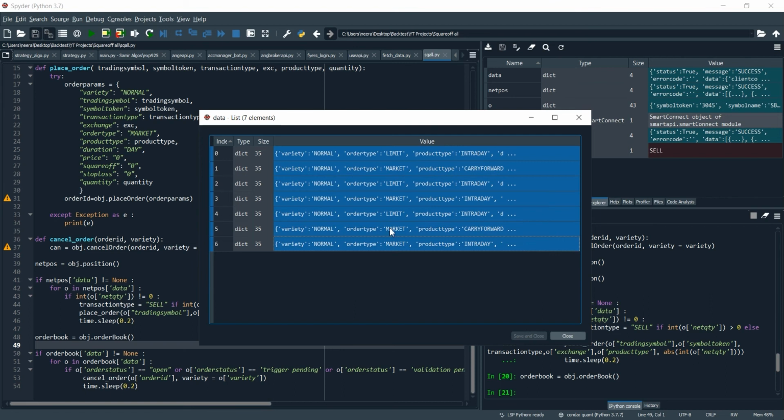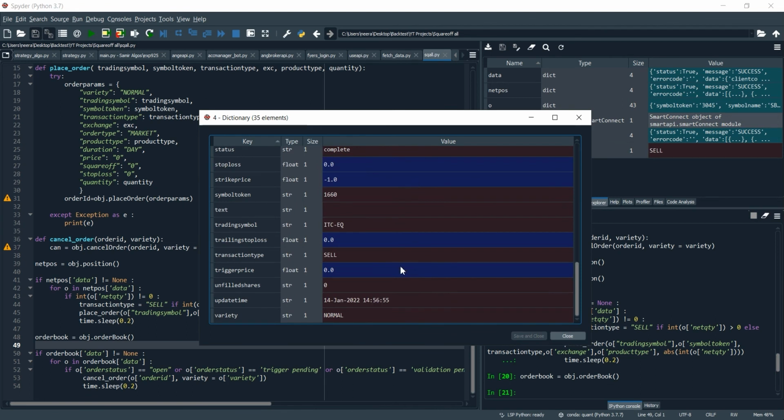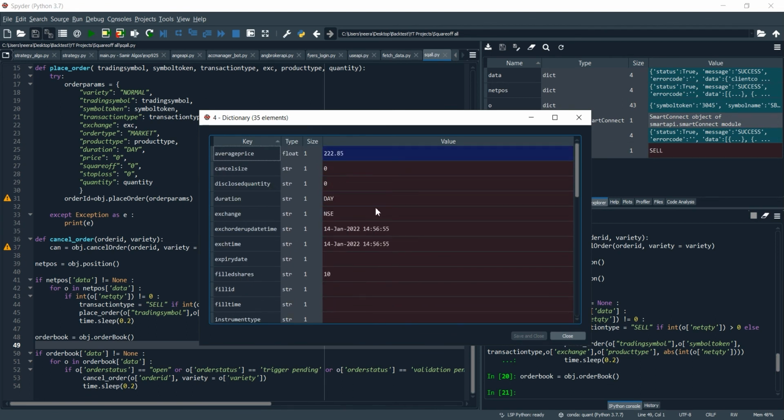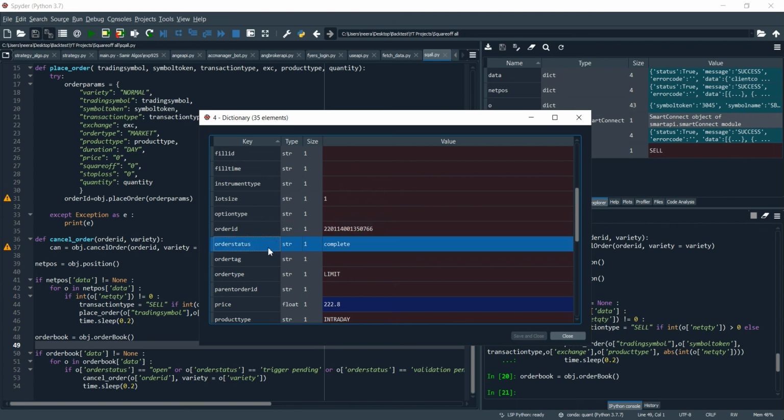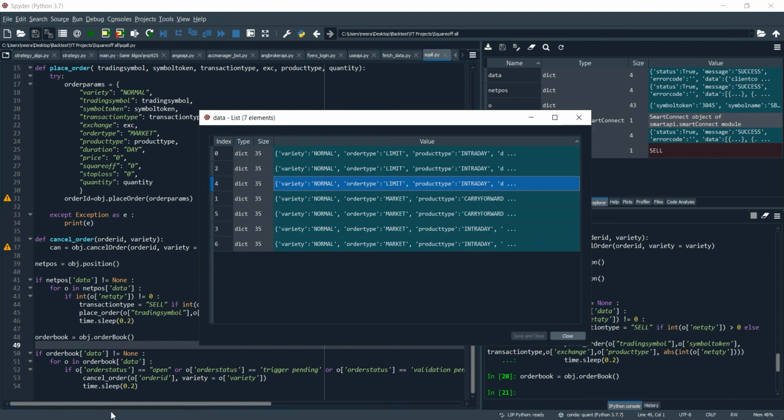So you can see that we've got all the orders which we placed right now over here, but if one of the orders is open, then the order status won't be complete. The order status would be either just open or trigger pending, which is the case when you place a stop loss order.